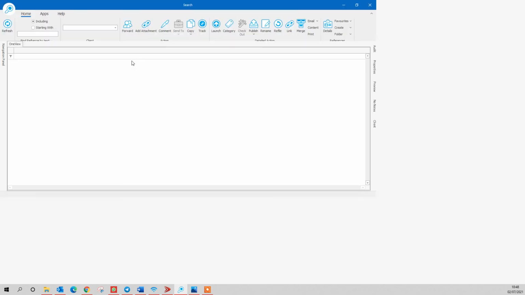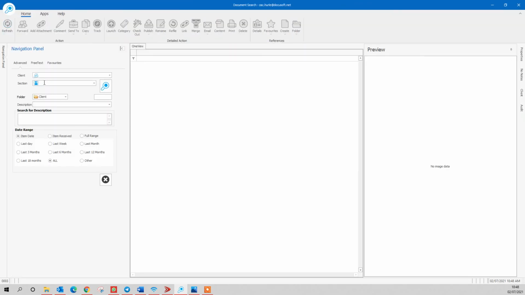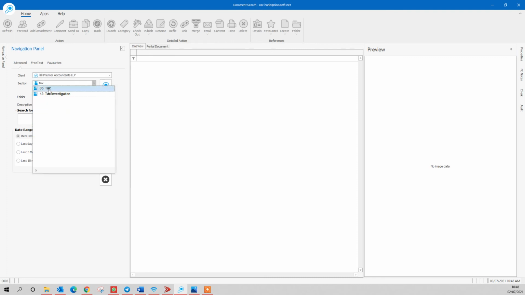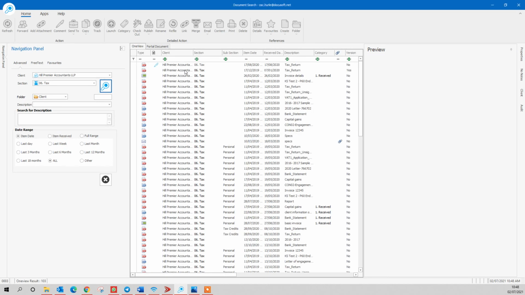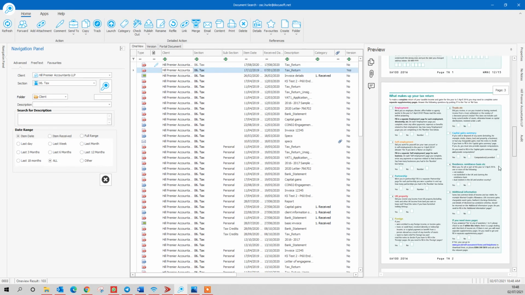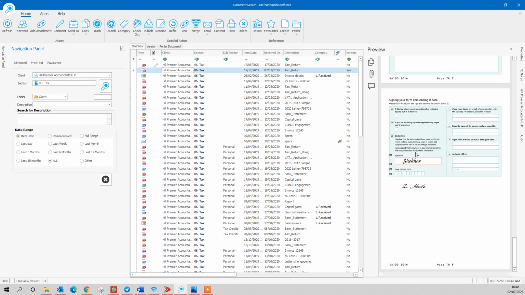So if I refresh this screen, just so you can see that it's showing that in the DMS as well. So if I just go on to Client, Hill Premier, under Tax, and it was this document here, so we'll get the preview. So on this preview now, you'll see the signing on the bottom of that document. From this preview screen, you can't see the certificate, but if I launch this now, so if I click the launch button at the top here,